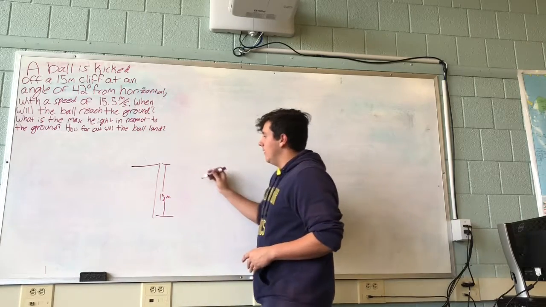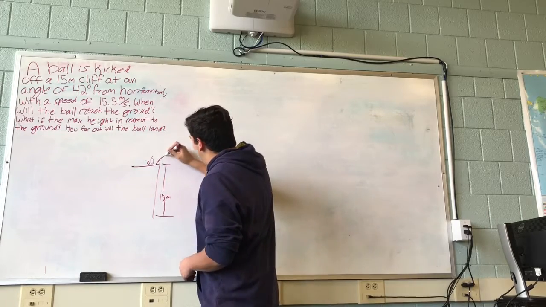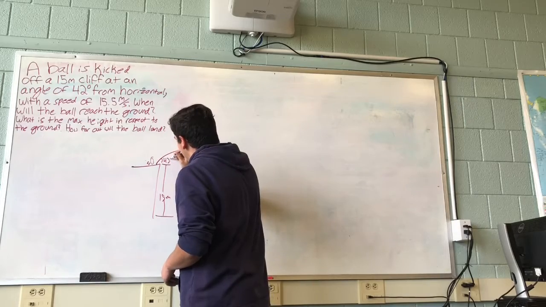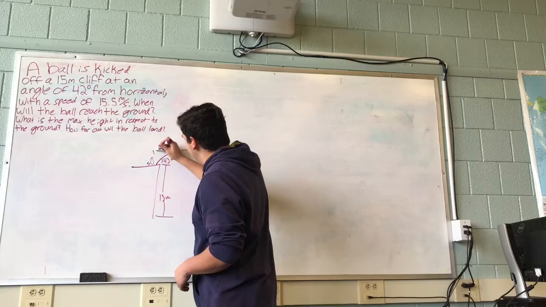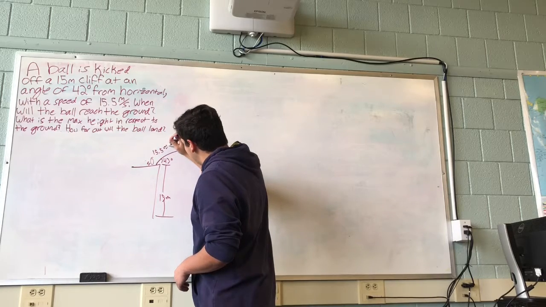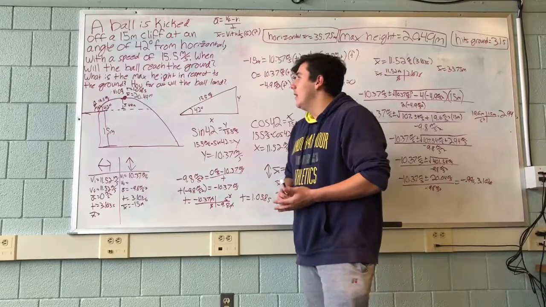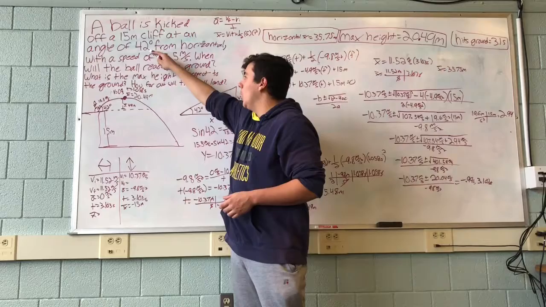You have your 15-meter cliff. A ball is being kicked off the top at an angle of 42 degrees from horizontal, and is being kicked at a speed of 15.5 meters per second. First, since it gives you a speed of 15.5 meters per second at an angle of 42